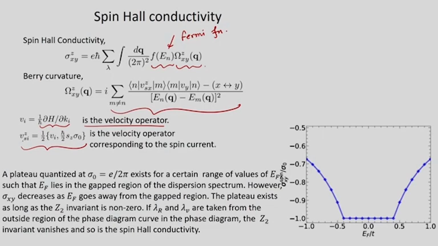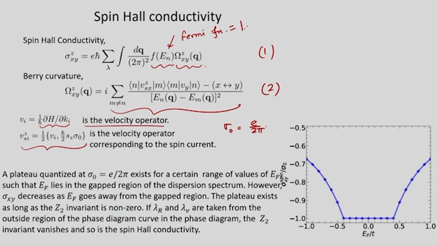So, if you want Vsx then you take a Vx and then h cross by 2 as z sigma 0. Sigma 0 is simply E over 2 pi. This is just the scale of the conductance. Okay. So, one does this calculation of the Berry curvature and then puts it into the expression for spin Hall conductivity. Let us call it as 1 and 2. So, one calculates 2 and then puts it into 1,